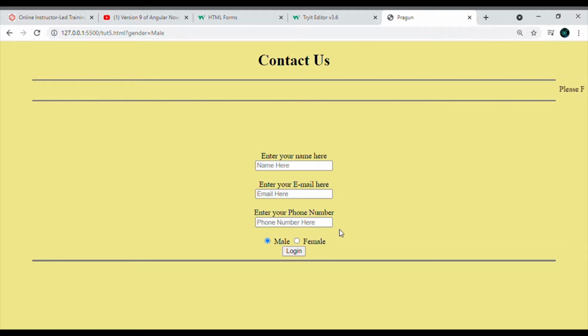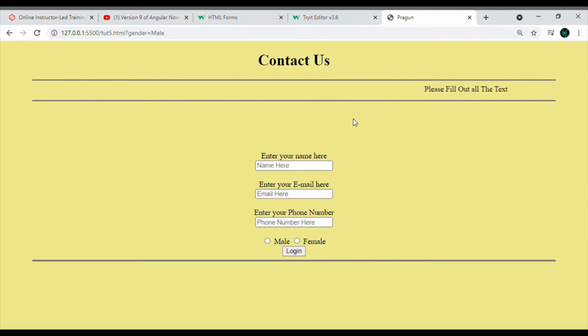So let's try out how our contact us page would look. Before I tell you that, in my previous video I also added a required field in this one, so that if we submit or log in, it will say please fill out this field, and the user would have to fill out this field before he can proceed with login. As a demo, I add an email at gmail.com, a phone number, anything, and a name. Now if I don't do that, it says please fill out this field. So I add my name Pragun Sharma, and then I log in. It gets refreshed and no error comes out.